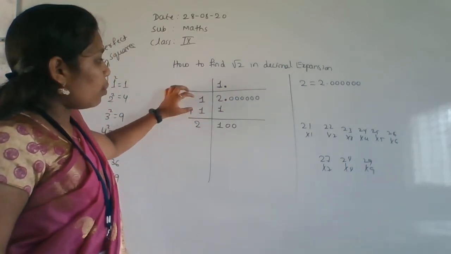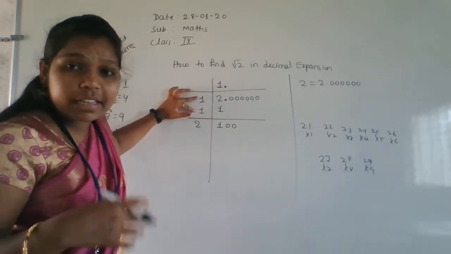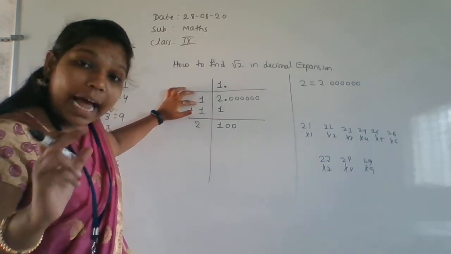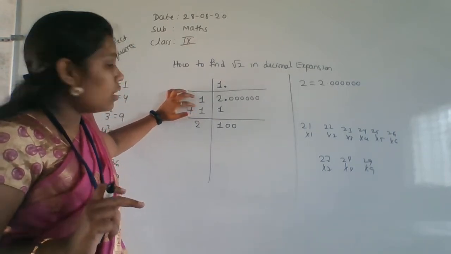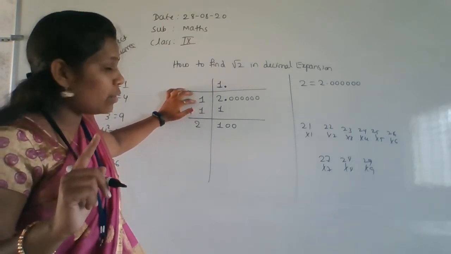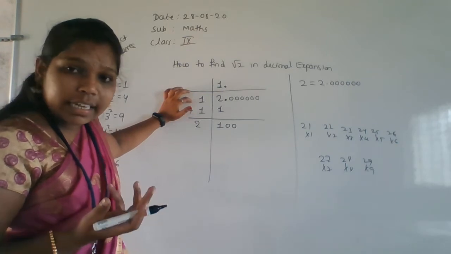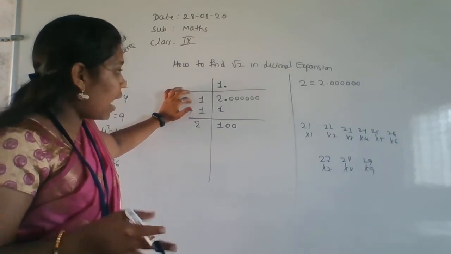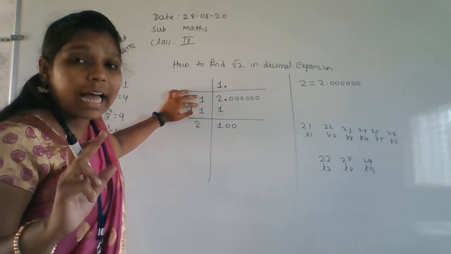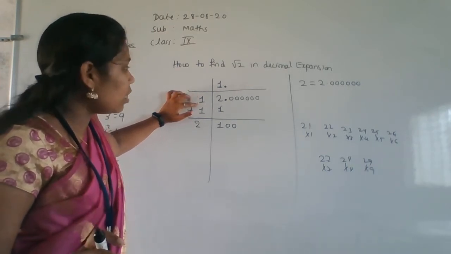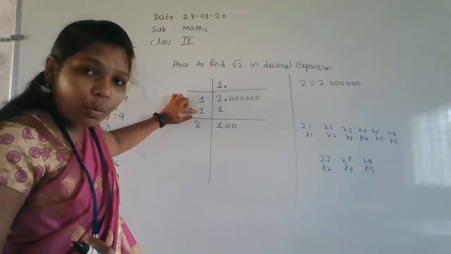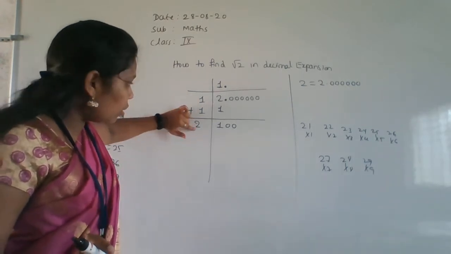Getting? So now here we have to double the values. Whatever the value in the ones place, you have to add here. So that is 1 plus 1, because here only a ones place value is there, no value is in the tens place, that doesn't matter here. So whatever the value is in the ones place, only that you have to add, that is 1. And again whatever the ones place value, that is 1 only. So we are adding 1 here, that is 1 plus 1 is 2 here.